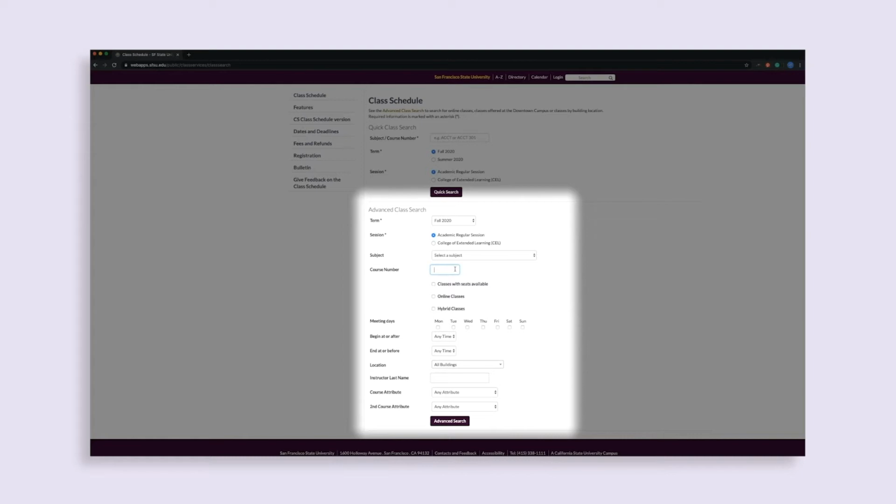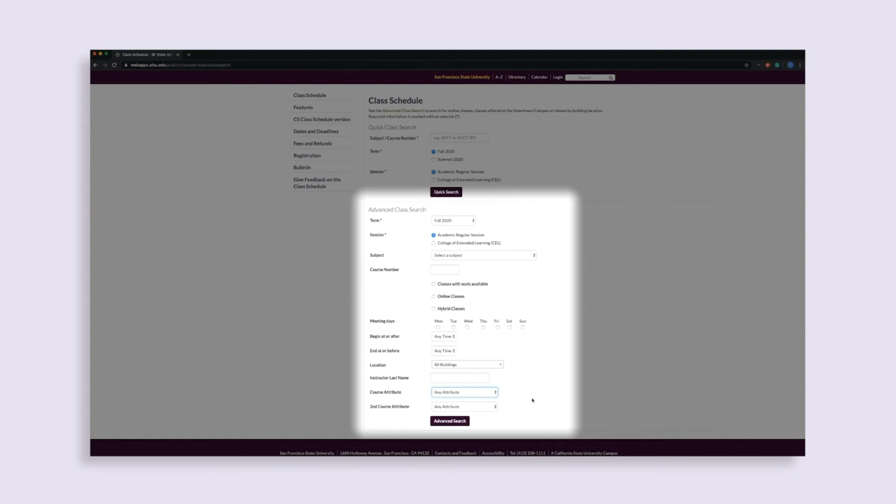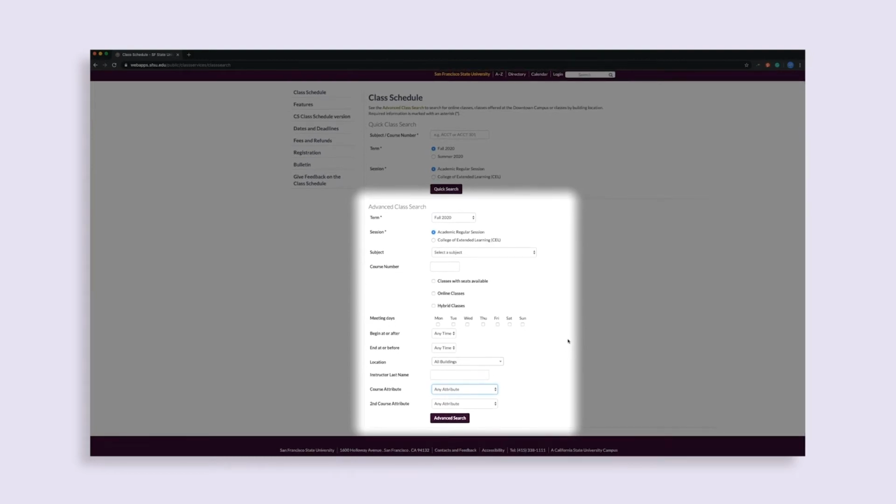You also have a number of filtering options to narrow down your list of classes, including classes with seats available, online or hybrid classes, classes that only meet on certain days, or ones that only meet at certain times of the day. Under Course Attribute, you will find a long list of attributes that you can search by, including specific general education areas you would like a course to satisfy. Note that you should consider choosing fewer options if your search results in few or no courses that meet your